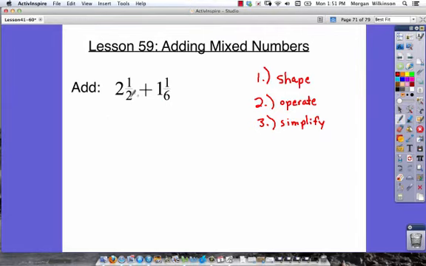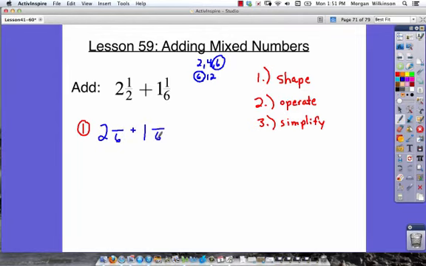So, 2 1/2 plus 1 1/6. We want the right shape. That's step 1. If we want to do that, we're going to have to say 1/2 and 1/6. What is the least common multiple of 2 and 6? We can go ahead and skip count to begin. We've got 2, 4, 6, we've got 6, 12. Well, we could stop already because we know 6 is going to be our least common multiple. So when we find the right shape, we're going to have 2 and something out of 6 plus 1 and